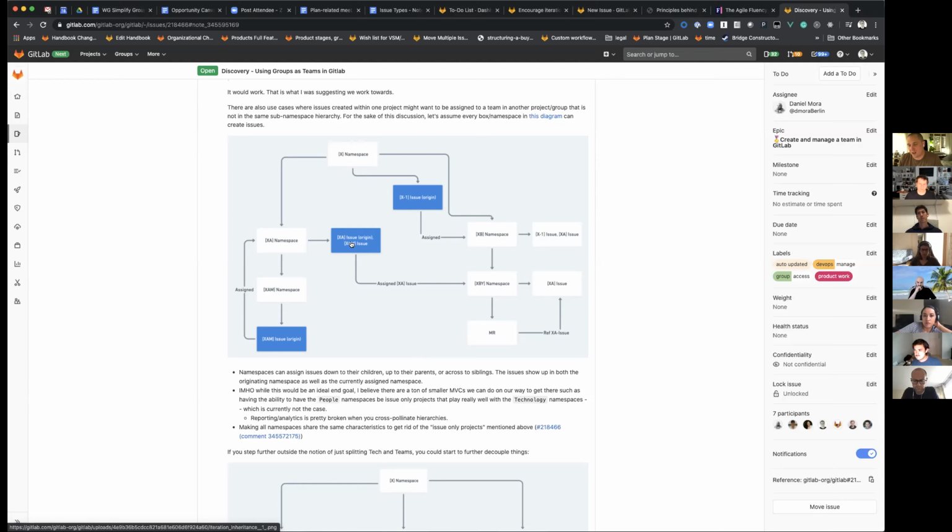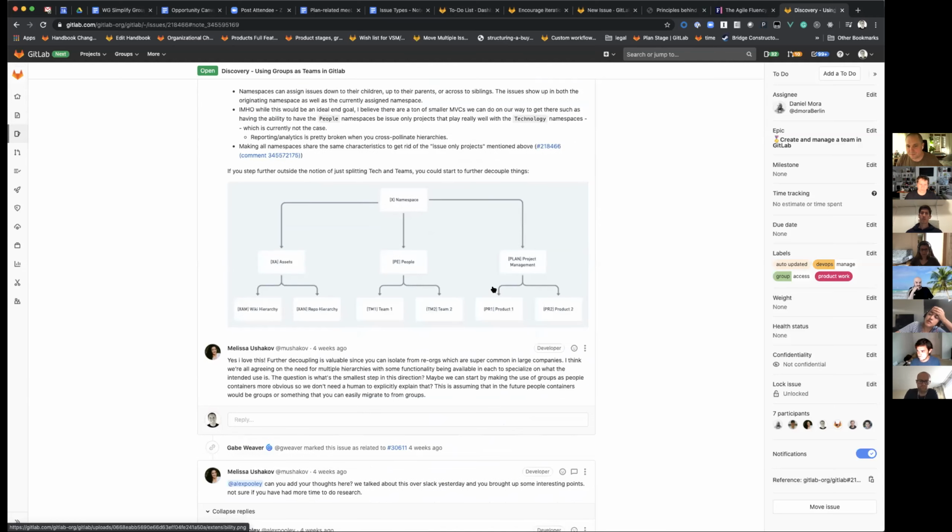And by default, it would be the group where it was created, right? If I create an issue, it will automatically be assigned to the place where it's created. But then I could assign it here, because if I'm depending on somebody over here, I can say, okay, your team needs to take care of this, but my project is dependent on it, so it can be tracked in both places. I know it makes it more complicated, and maybe we should step back and not do this, because I want to simplify things.